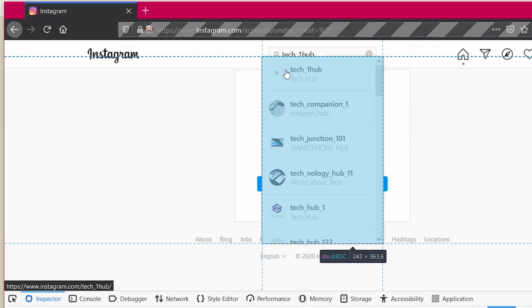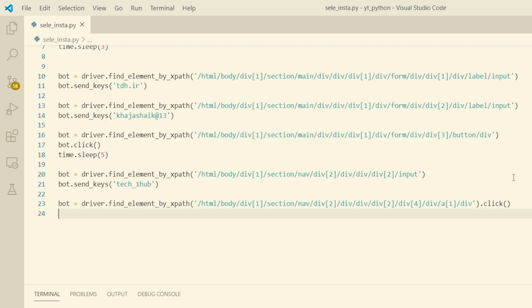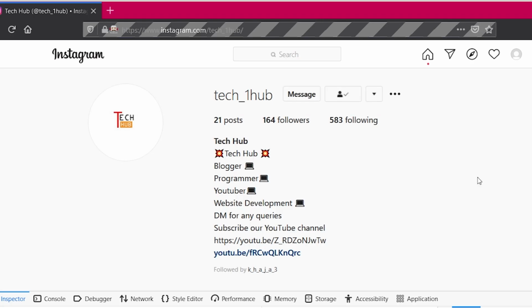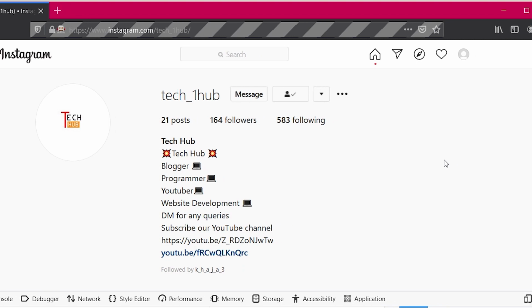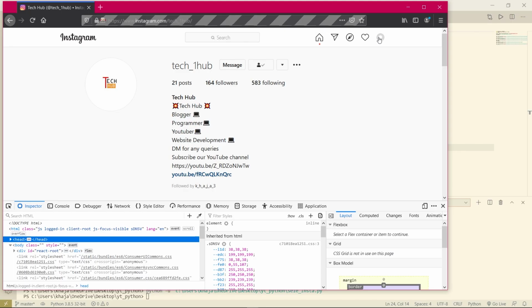After clicking, what will it do? It will open the TechHub page. So till then, what we will do is time dot sleep for another 3 seconds. It will wait for 3 seconds, and again what we will do is we will sign out.